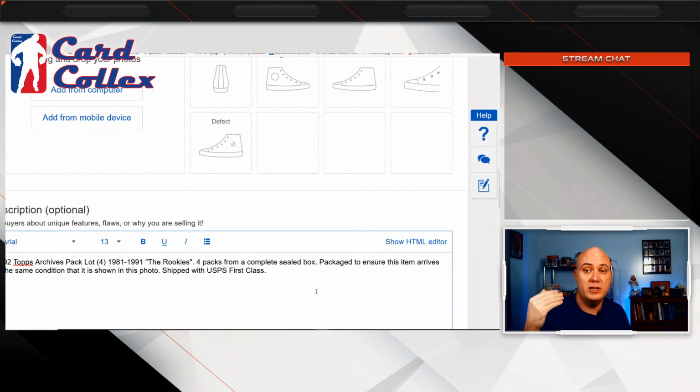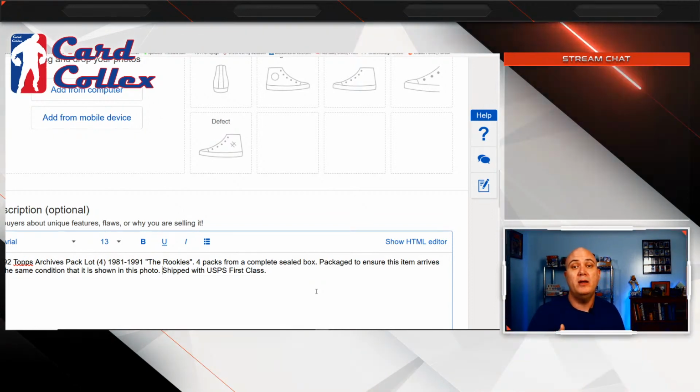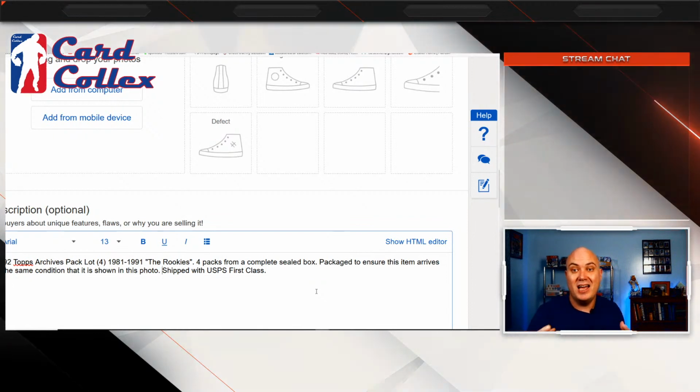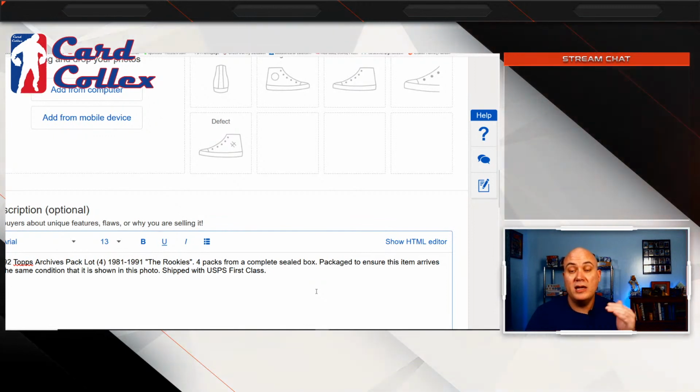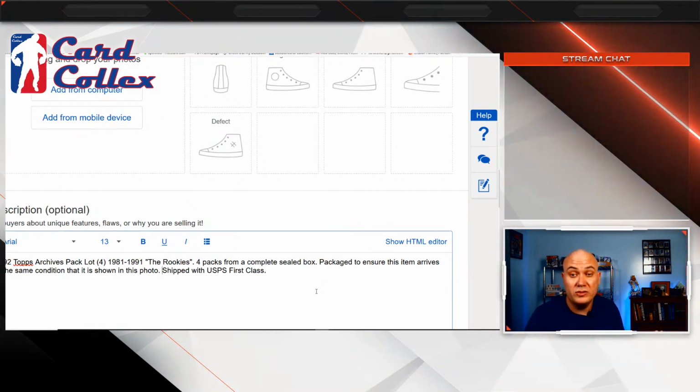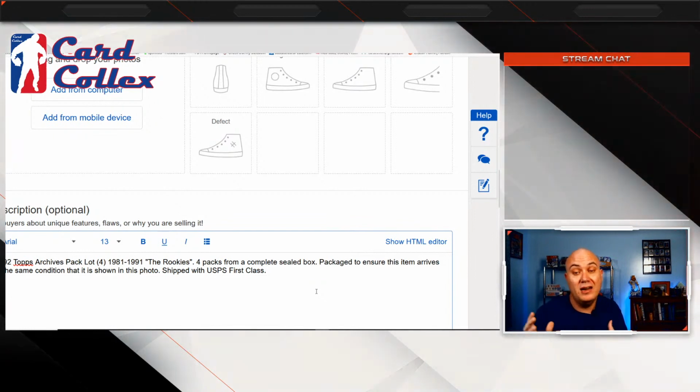Hey, could you send me an invoice with combined shipping on the lots from this auction, or these lots that I'm looking at? Or if it's buy it nows, you might send them a message and say, hey, I'm interested in these different lots that you have available for sale. Will you combine shipping on those? Or with best offers, will you take this amount for these lots? And I get a lot of deals that way.